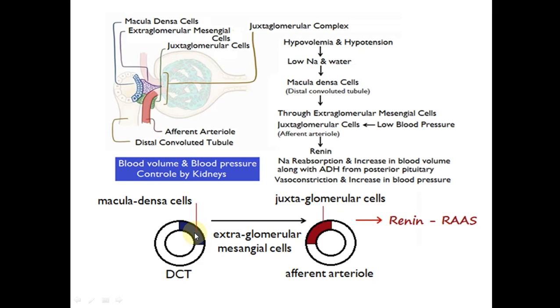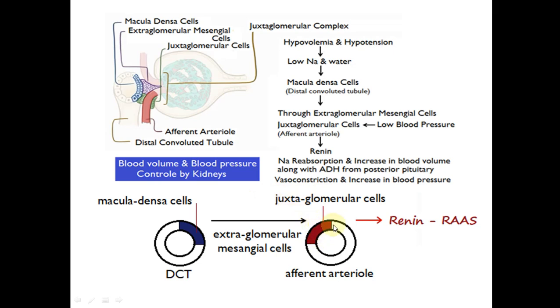And these macula densa cells, through the extraglomerular mesangial cells that act as a communication, will stimulate the juxtaglomerular cells in the afferent arterioles. And what happens is that the